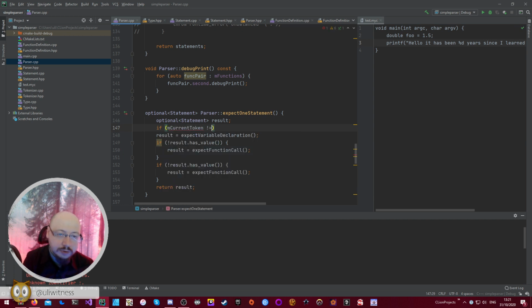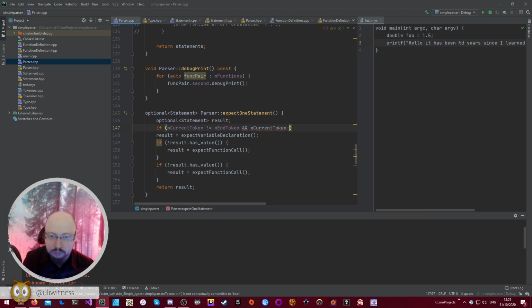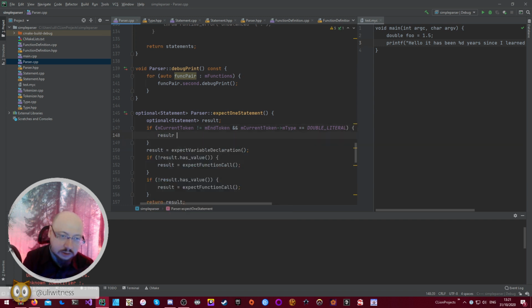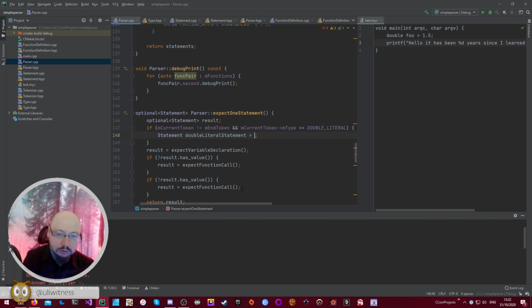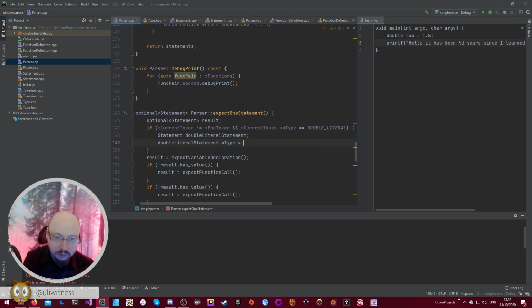If mCurrent token not mn token and mCurrent token mtype equals double literal, then result equals, wait, we need to make a double literal statement equals double literal statement type equals